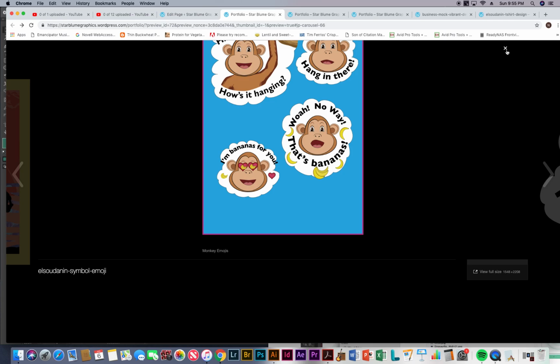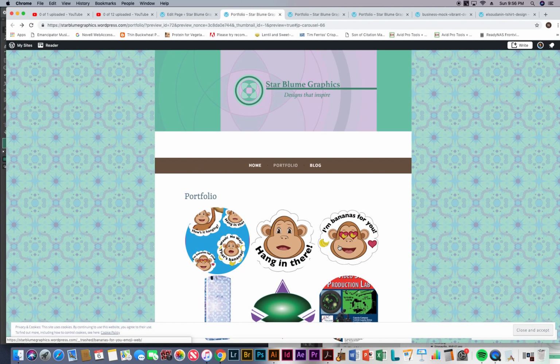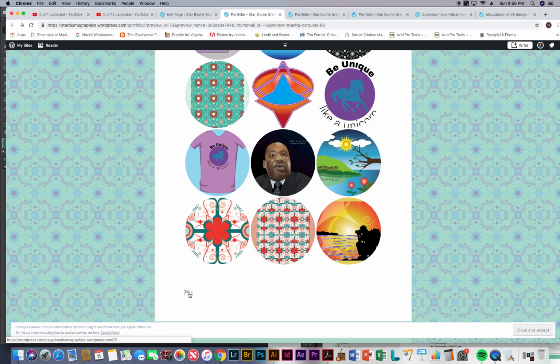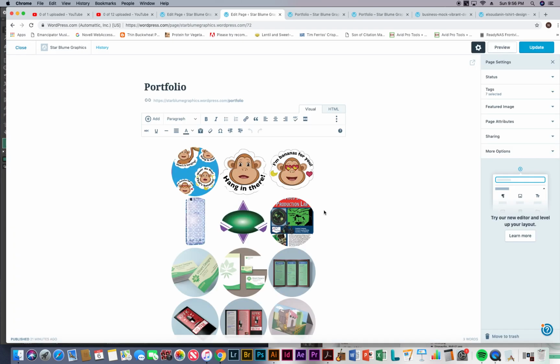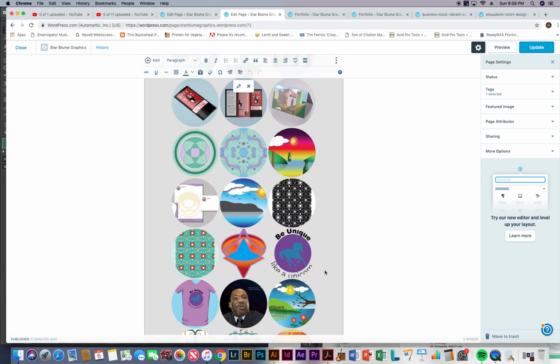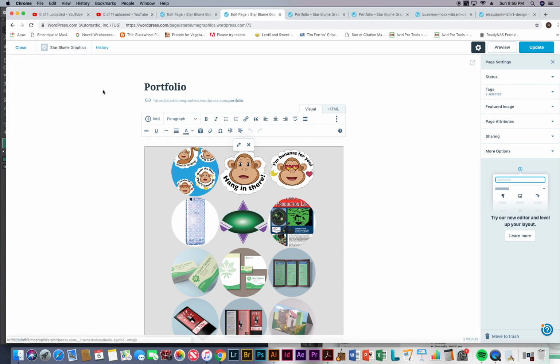Whoops. Got to be careful not to click on an image, but oh, I need to click on the edit button. So, well, that'll get me, okay, a more recent revision of this page exists. Restore. Let's see what happens if I click restore. Now I'm in the other editor again. So if I don't want to edit in this editor, then what do I do? Let me close out of this